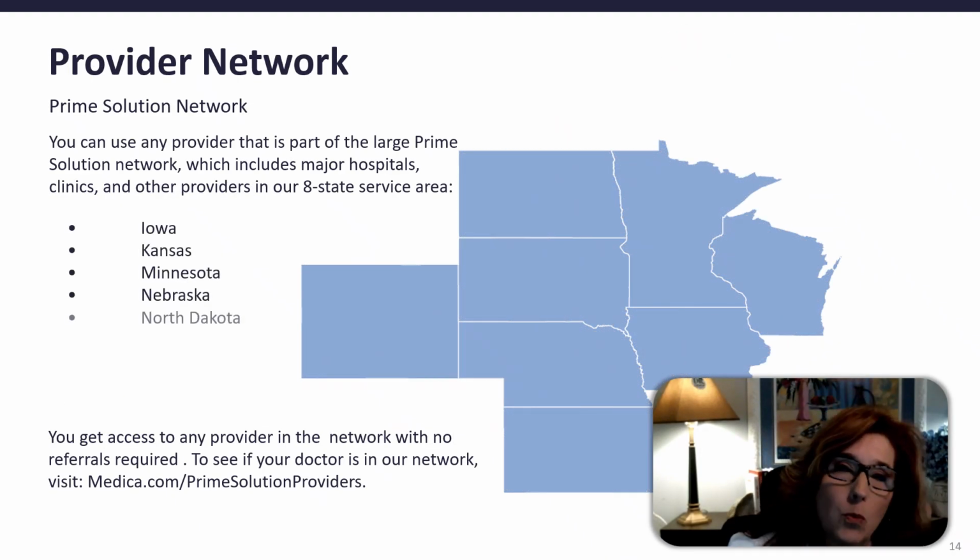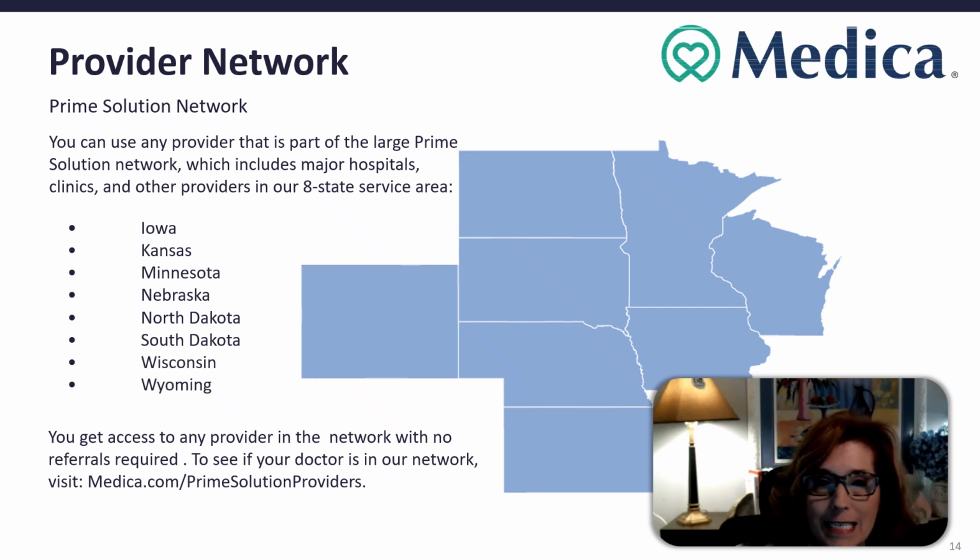So what happens when you travel outside counties in the 8-state network area? Are your claims going to be covered? You can use any provider that is part of the large Prime Solution network, which is in those 8 states listed there. That includes major hospitals, clinics, and other providers within that 8-state service area. If you use a provider that is out of network in the 8-state Prime Solution network, you would be covered